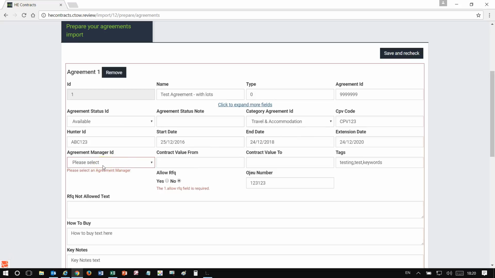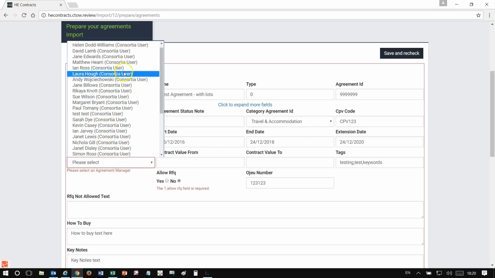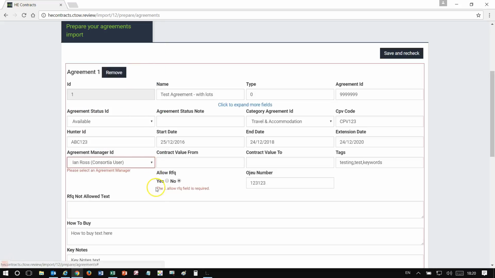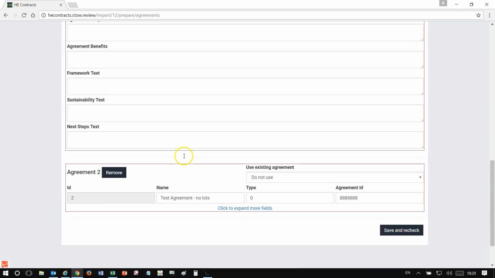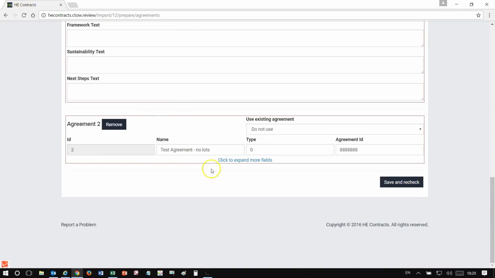So here it's asking us for an agreement manager. So I can go into that list and I can select which agreement manager is going to look after it. And again, at the moment, RFQ is still permitted in the system, but this will soon be taken out. So at the moment, it's asking us to choose yes or no. If the RFQ is not allowed, you must enter RFQ text below. There we go. And I can see I've got no more red boxes in there, so I can now check